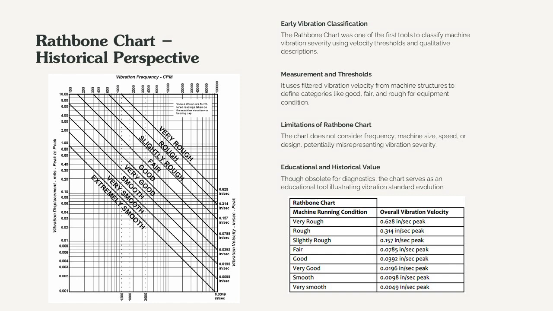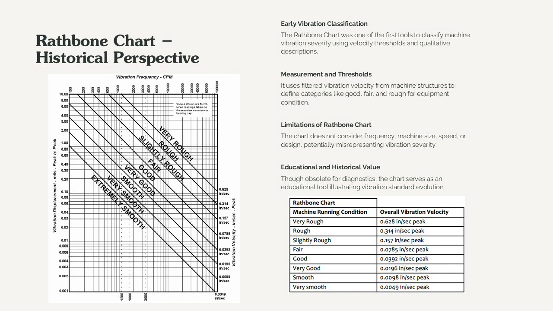However, from a modern engineering standpoint, the Rathbone chart has significant limitations. It does not account for vibration frequency content, machine size, operating speed, or specific machine design. As a result, it can misrepresent the severity of vibration in certain applications. For example, high-frequency vibration at low amplitude may be more damaging than low-frequency vibration at higher amplitude, yet the chart